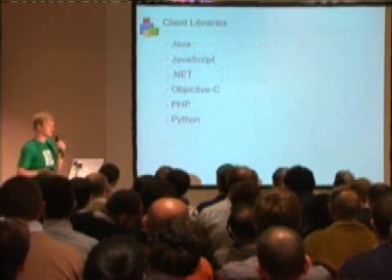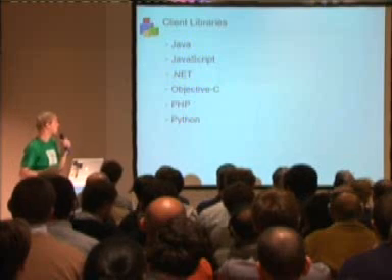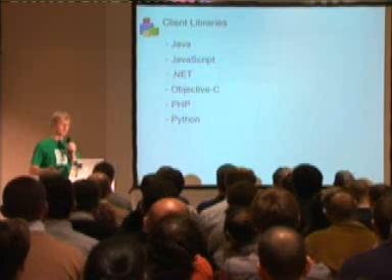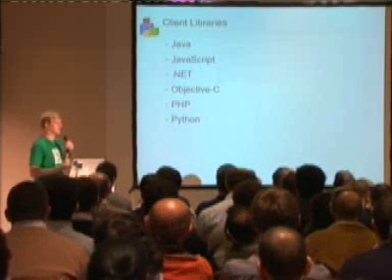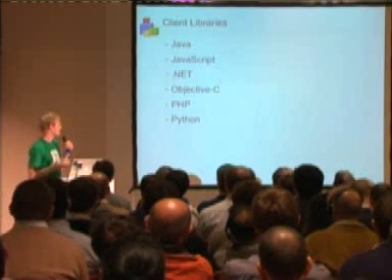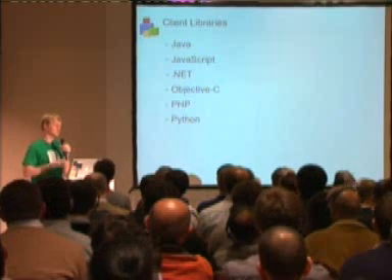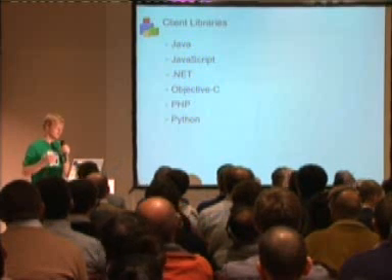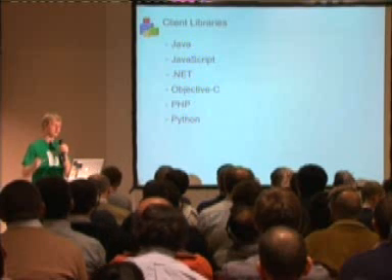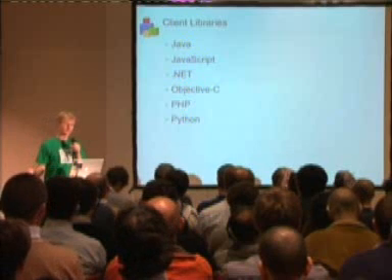So with that said, here's the languages that we have client libraries for. So Java, JavaScript, .NET, Objective-C, PHP, and Python. So if you use any of these languages, use our client libraries. It's the best way to get started. Now, not all the languages support every service, but we try to make sure they support all the major ones, and we're constantly working to make sure that every service is represented. The Java one probably supports the most services,